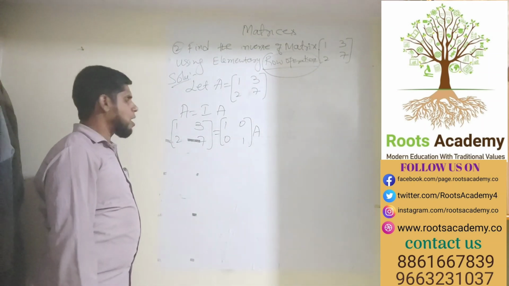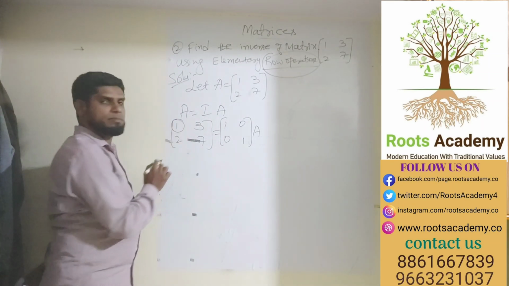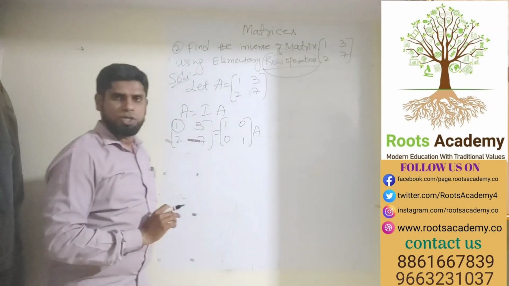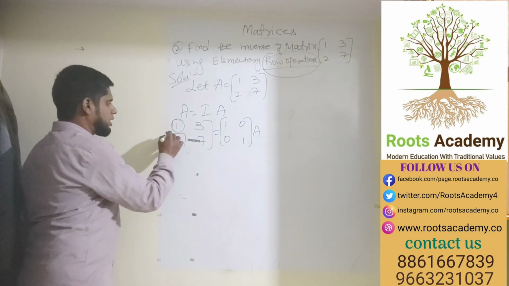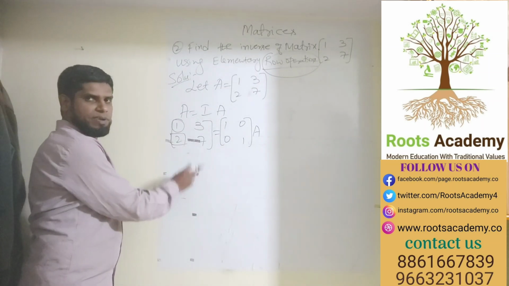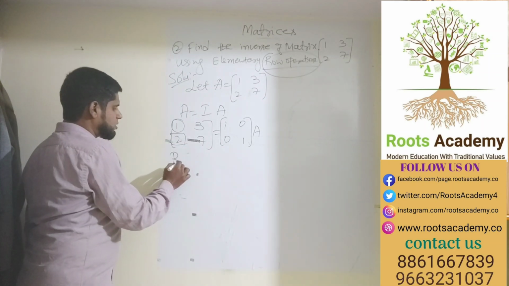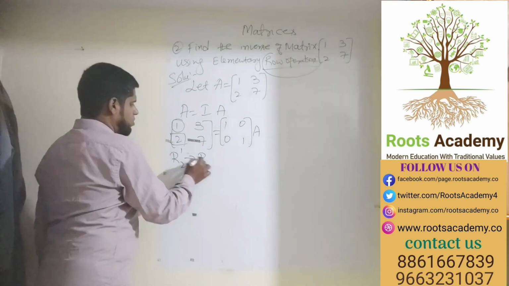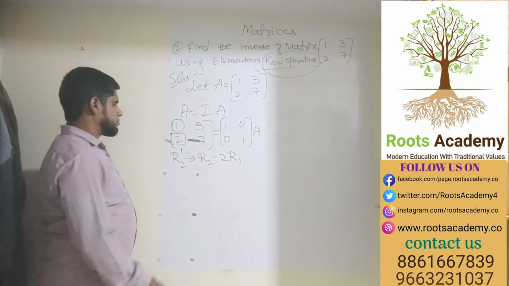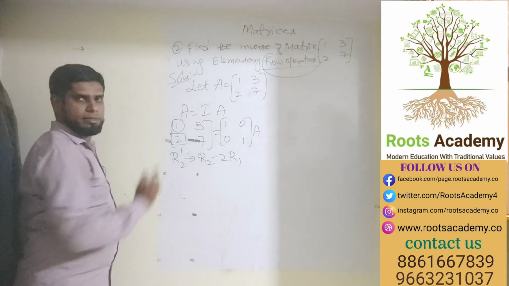Now student, here again already I have 1 here, so no need to change this element. The remaining 3 elements I should change. So now I will give the preference to this element, second row elements. So as I used in the previous problem, to make this 2 as 0, I will write the transformation as R2 dash changes to R2 minus 2 times of R1. Because there is a 2 here, I should make this is first 2, so it's easy to subtract.